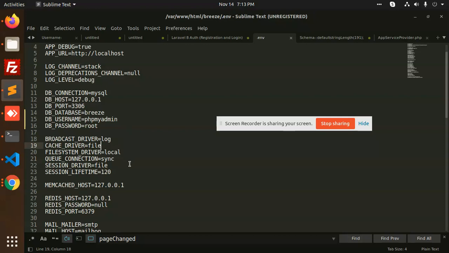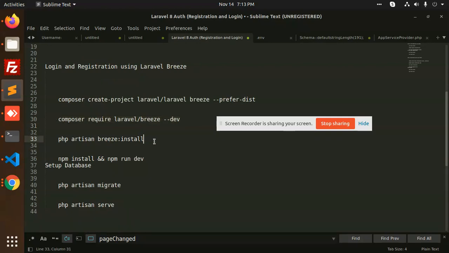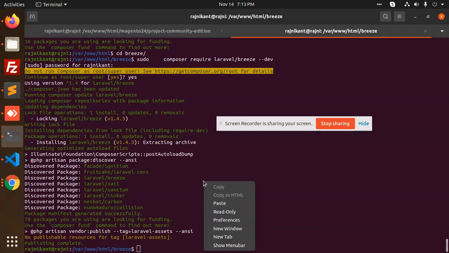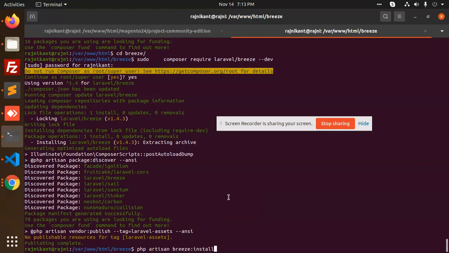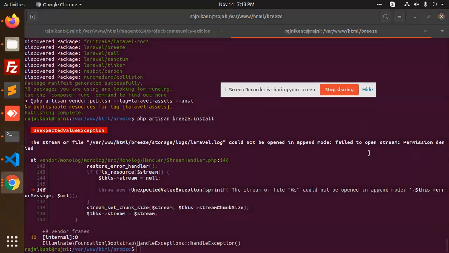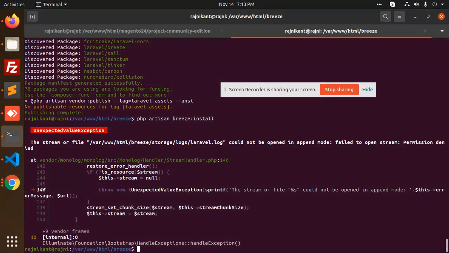What we have. Install the Breeze. It says Laravel could not be opened. Okay, fine.